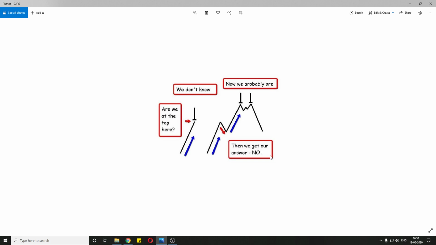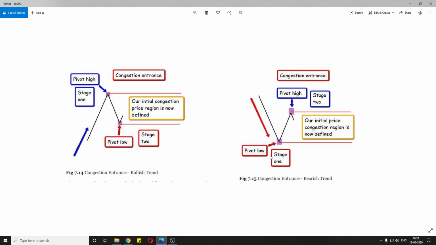This example shows that we do not trade instantly after seeing one inverted hammer candle. As shown in the example, when we see the first inverted hammer candle we do not enter, and it is probably not the top, but then the trend continues and we see two upper wick candles forming again, which is indicating that we are near the top. You can pause the video anytime and look at these examples more carefully.